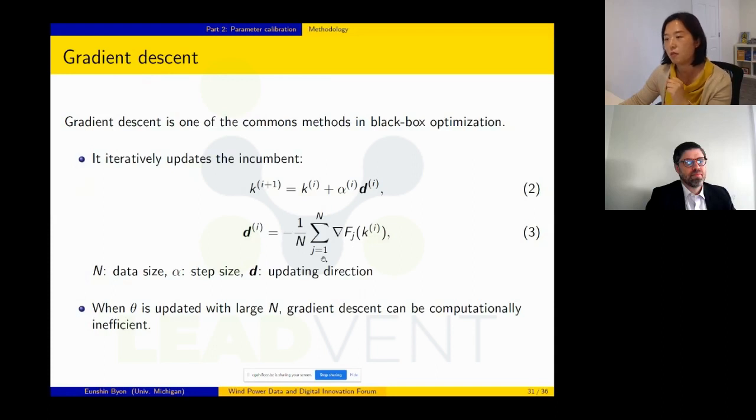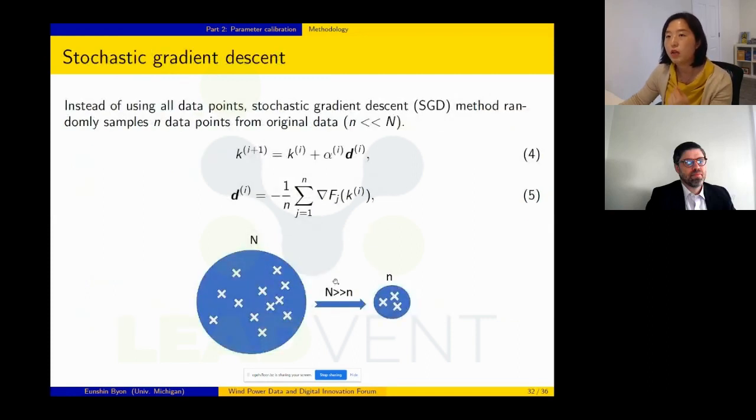has to run this Jensen's model with all the data points we can use. So if our operating wind farm has a large amount of data, let's say 10,000 data points, then we have to run Jensen's model at least 10,000 times. But if this iteration takes 20 rounds, then it means we need to run Jensen's model 10,000 times 20 times, which is too much. So to reduce this computational burden, we can use stochastic gradient descent, which means instead of running Jensen's model at every data point, we can randomly select a small set of data points, and then we update this wake